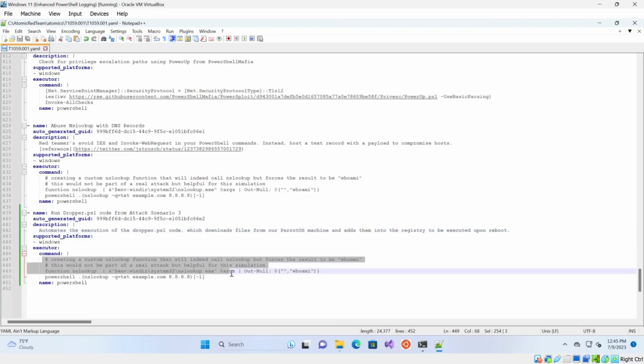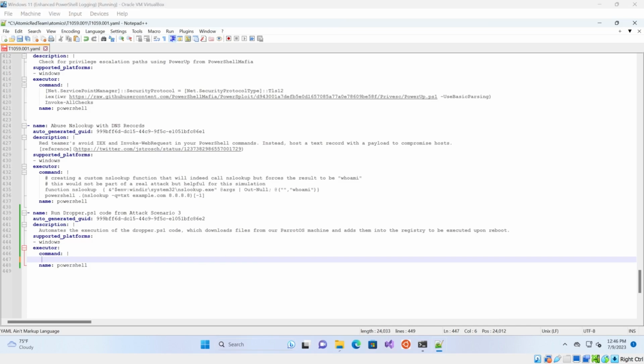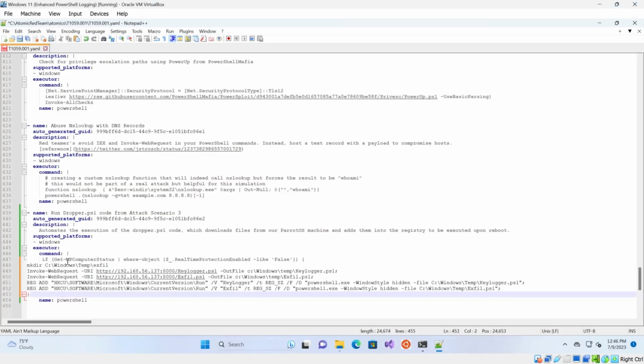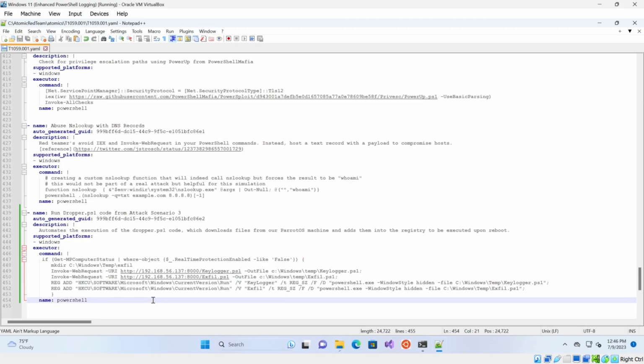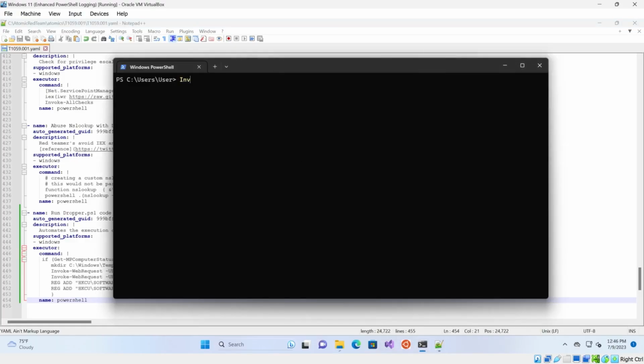And now what we could do is put our commands in here. We can just take our code from dropper.ps1 and throw it in here, give it some formatting. And now what we can do is execute this and see if it runs. So we can save this file, open up our terminal,